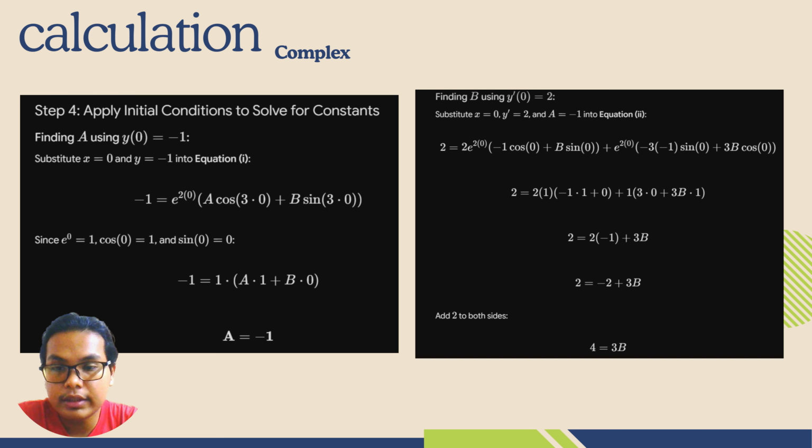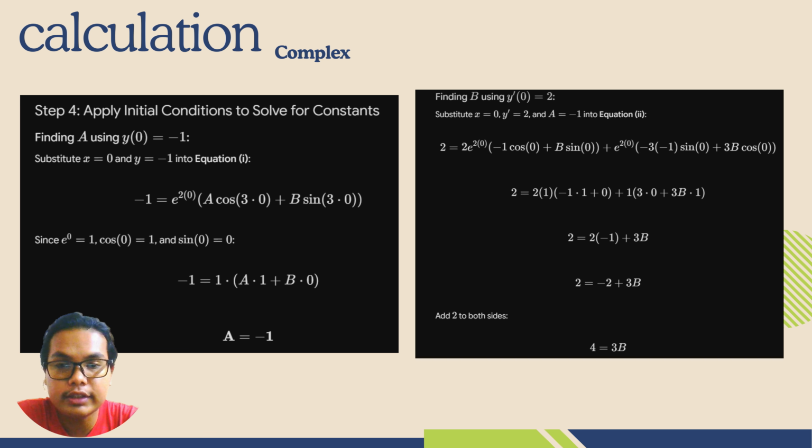The equation will be -1 equals 1 times A times 1 plus B times 0. Then we calculate the equation, and we will get A equals -1. And then we have to find B using y prime 0 equals 2. So we're going to substitute x equals 0, y prime equals 2, and A equals -1, just